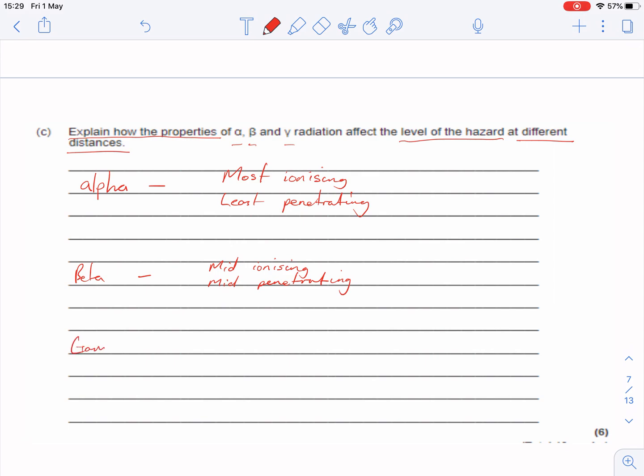And then gamma is the least ionizing, but it's the most penetrating. Okay. Now you will get marks just for stating those things that we've said there. But we need to say more than that. So at the moment we've talked about the properties, but we haven't said what their level of hazard would be at different distances. So the way we can break this down, we need to think about is if it was short range, long range, or mid range. So linking these, or just to think about these, if we put range, for example,